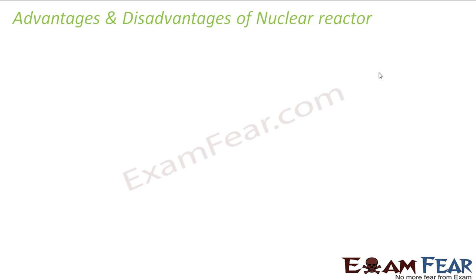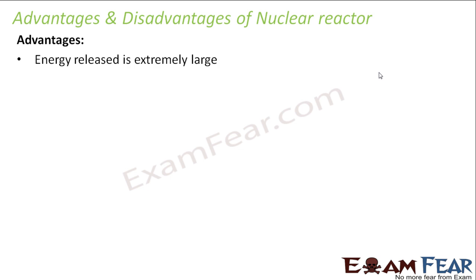So now we will look at some of the advantages and disadvantages of the nuclear reactor. Well, when talking about the advantages, the energy released is extremely large. So a large amount of energy is getting generated. It needs fuel in extremely small quantity. So what was the fuel which you are using in nuclear reactors? It is the uranium-235. Do you think that a huge amount of uranium-235 is needed? No. Even a small amount of uranium-235 will initiate the fission reaction when it is hit by a neutron. So the amount of fuel which is needed is extremely small.